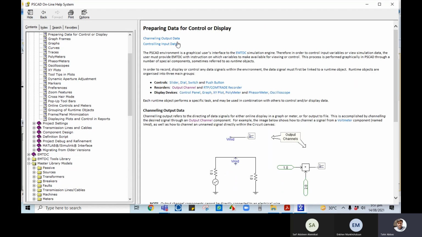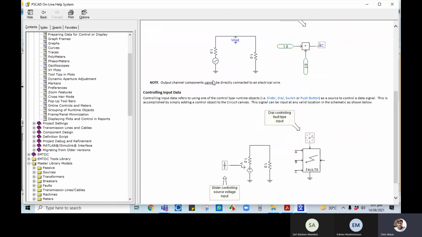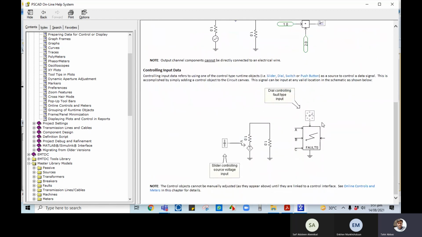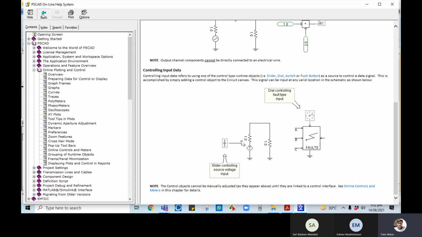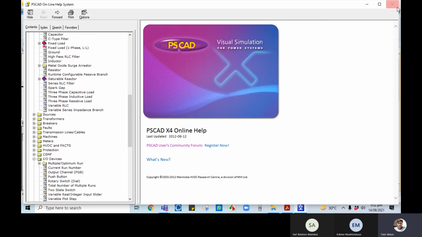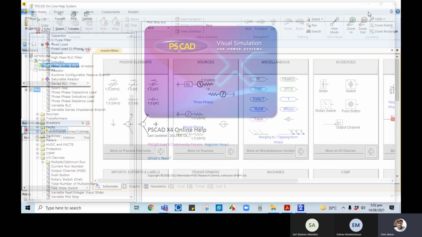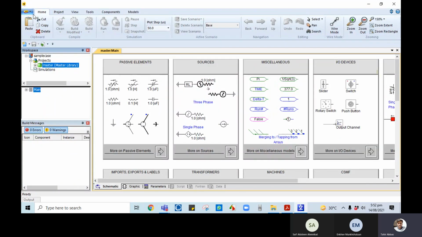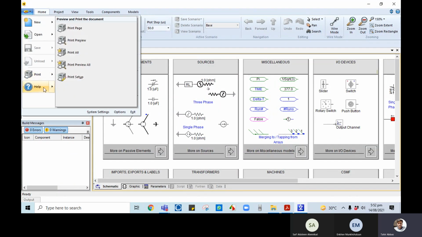Also preparing data, controls, all these things, information, dial, button. So the PSCAD help is very important. If anyone wants to work proactively, we can directly go with the work, and here you can go back. This is a good point of PSCAD.